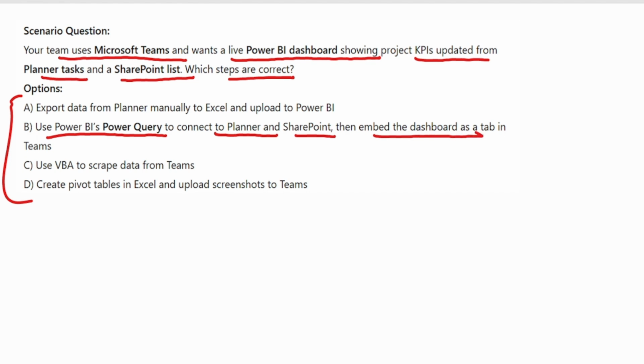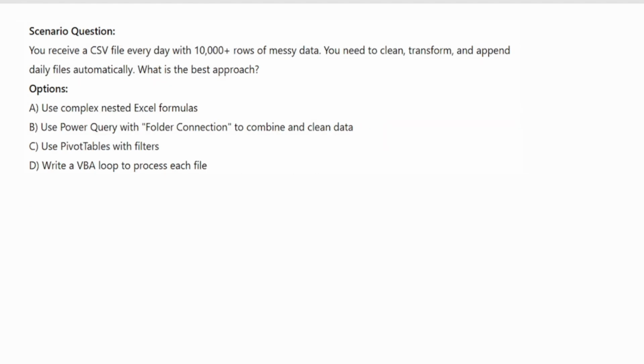Power BI supports direct connection to Planner, and with the help of Microsoft Graph API and a SharePoint list, it can directly create a dashboard that can be embedded directly as a Teams tab. So the correct option here is option number B. Now move to the next question.